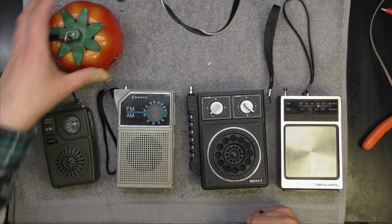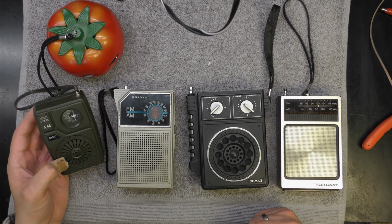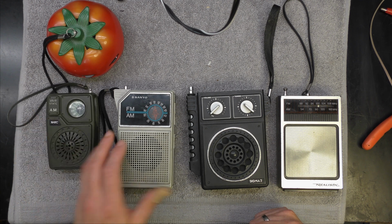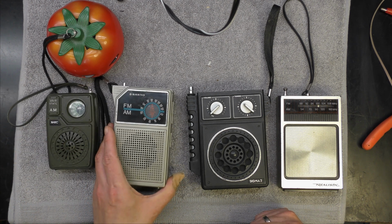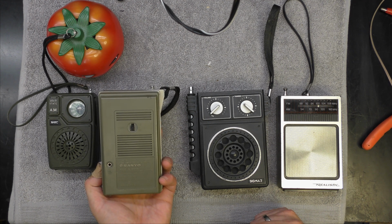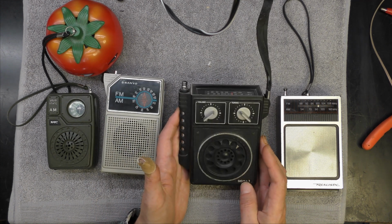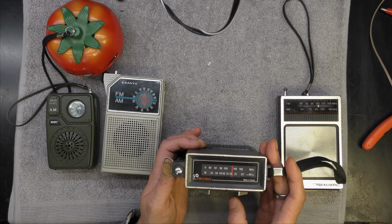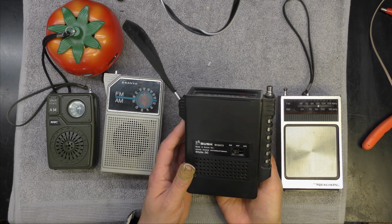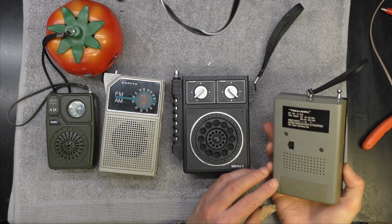So what have we got here then? Well, we've got a little ANIC medium wave radio, something like I might have had when I was a boy in the early 70s. There's the Sanyo, I guess that's 70s, that's an AM FM. Got an earphone socket, RP5047A, a Bush Sigma 2, wonder if there's a model number, BV5672, it's got AFC, interesting, and a Realistic